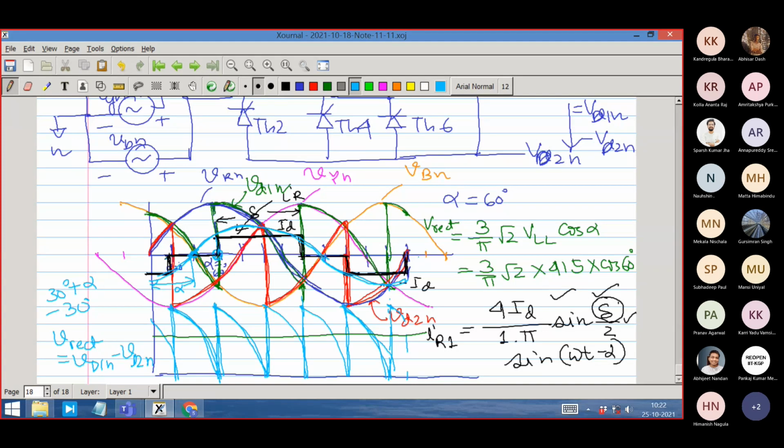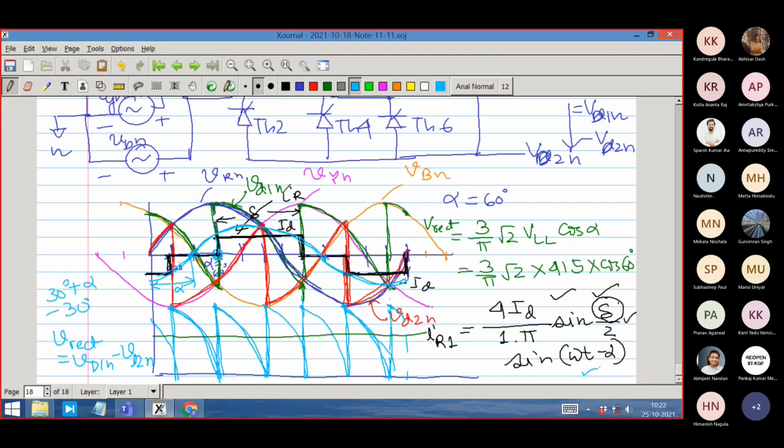Similarly, all other 3 phases are 30 degrees shifted. So if this is the waveform, you can see the power. Power is fundamental voltage, fundamental current, and the phase shift angle. So how much is the phase shift between fundamental voltage and fundamental current? How much is the cos phi? How much is the power factor? Cos alpha. The power factor would be cos alpha, right? As we expect it.